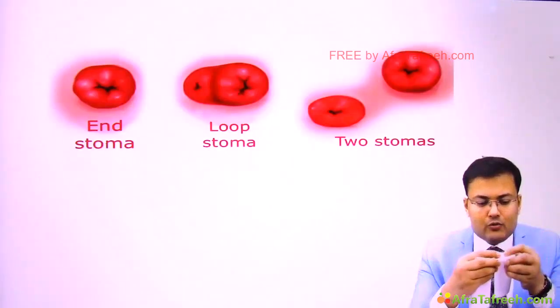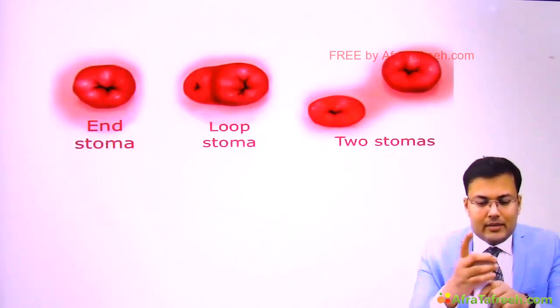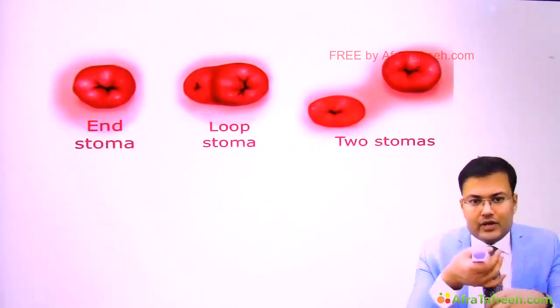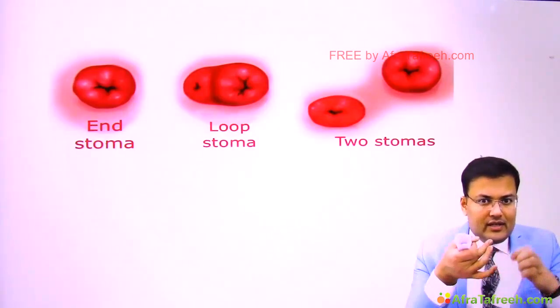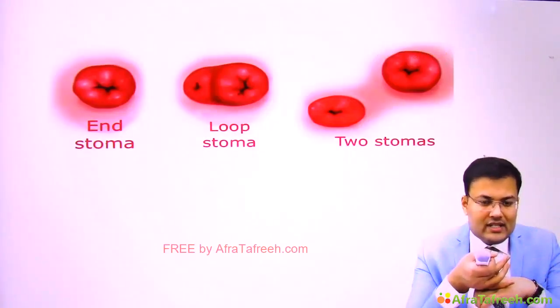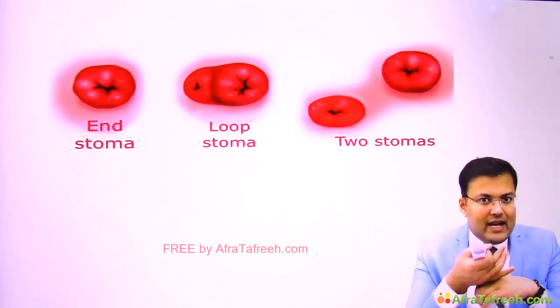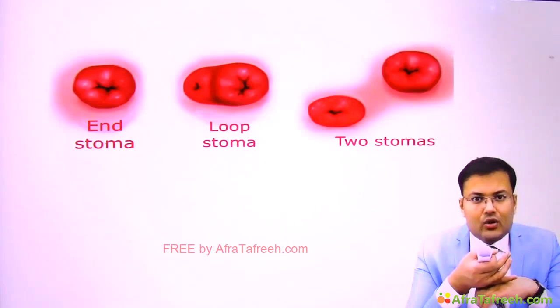So what happens? I'm going to close this distal end, and this distal end is kept inside the abdomen. And I'm going to take out this proximal end. So this is end stoma. The distal end, which is closed, is kept inside. The proximal end is taken out. This is end stoma. So if it's ileum, this is end ileostomy, and if it's colon, this is end colostomy.